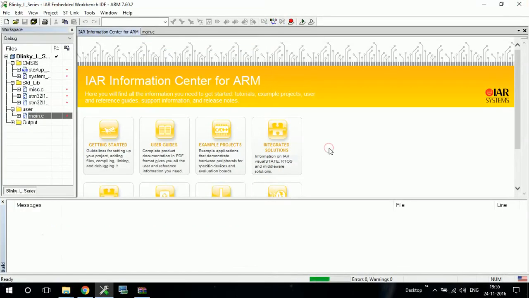So now we are done with setting up the IDE for your STM board, and you can use any board. The procedure will be exactly the same. Only for some boards the documentation or the folder tree will be different, like the peripheral folder tree which you will download. It will be a little different, but the files and everything needed for that IDE or your development will remain the same.